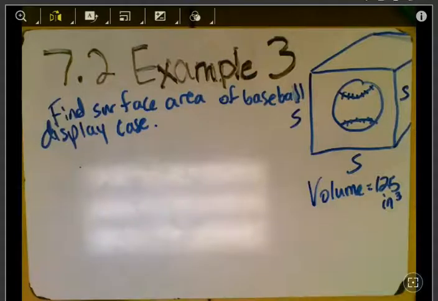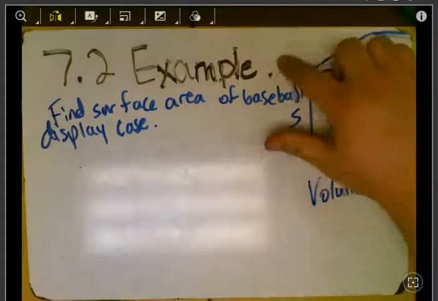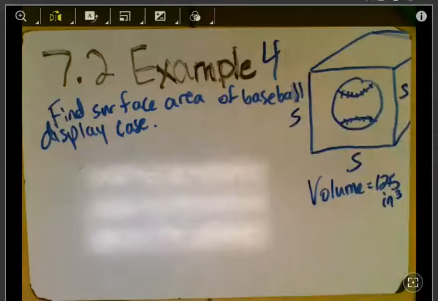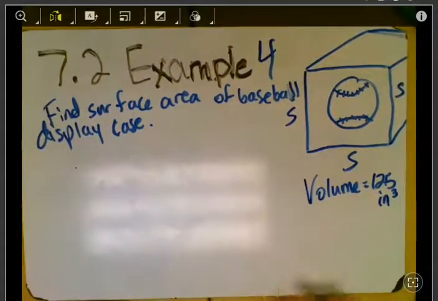Alright, so we're doing example. Oh, it's not 3 anymore. It's 4. 7.2, example 4. If you look at the picture in the book, it has a better picture than I can draw there. It says find the surface area of the baseball display case, and we've been told that the baseball display case